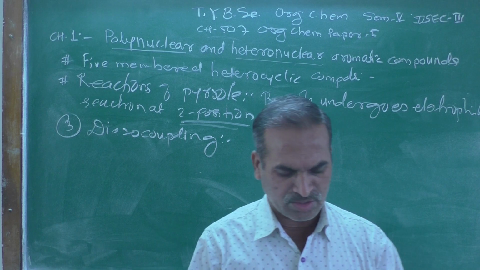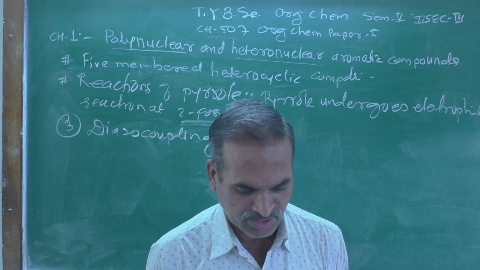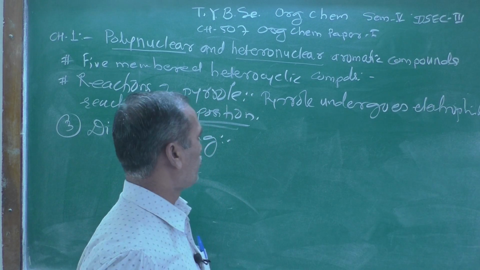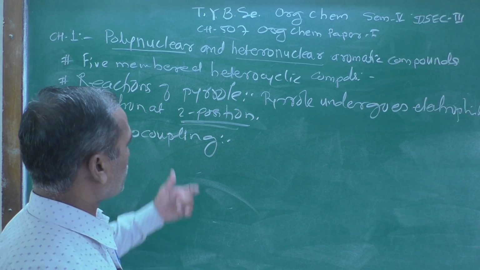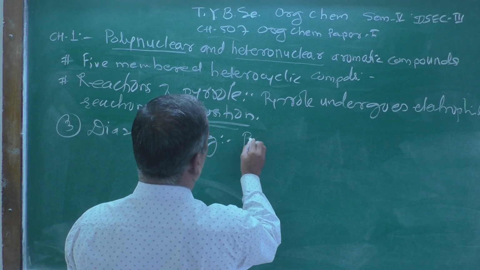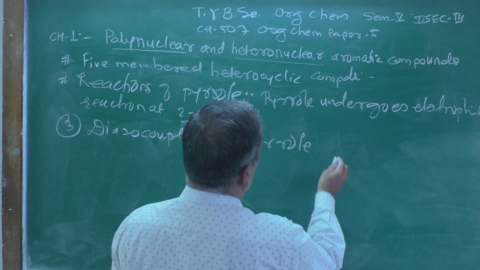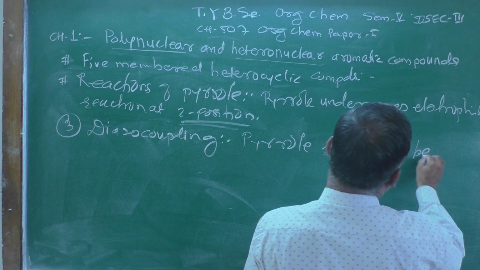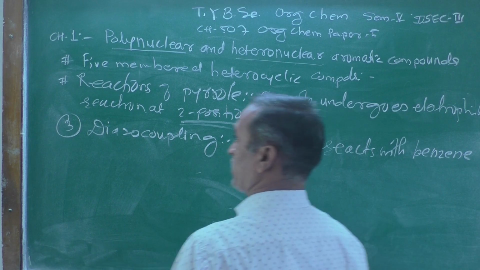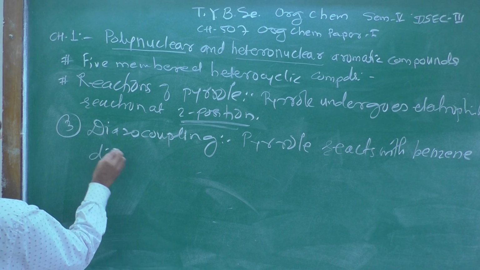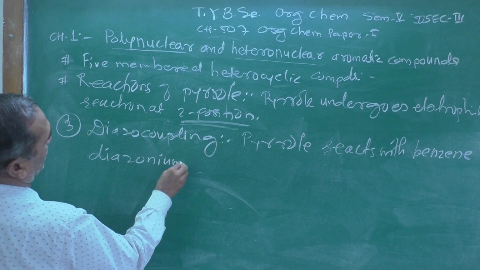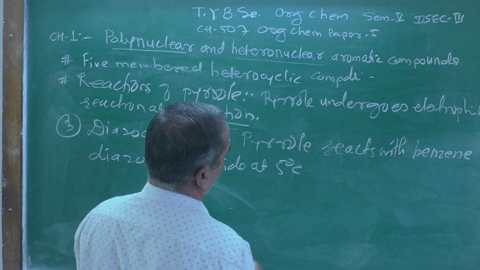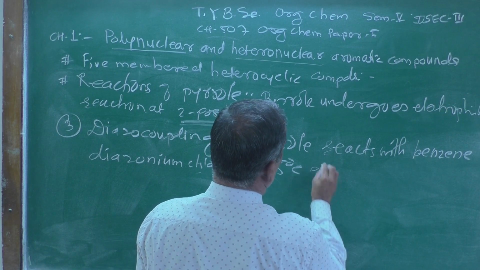Pyrrole reacts with benzene diazonium chloride at 5 degrees centigrade to give 2-phenyl azopyrrole. Similar to furan, this is a diazo coupling reaction. Pyrrole reacts with benzene diazonium chloride at 5 degrees centigrade gives